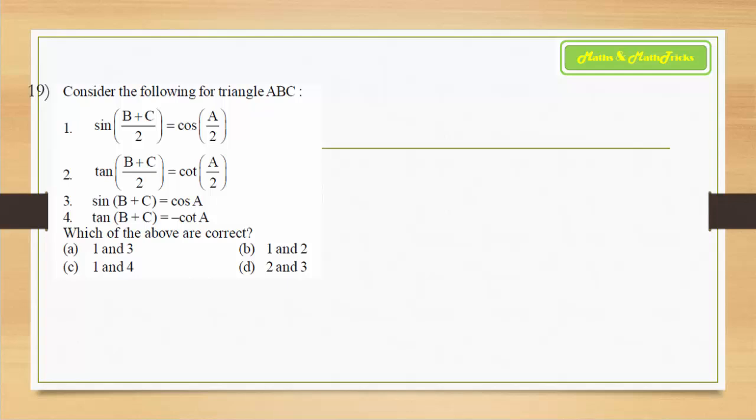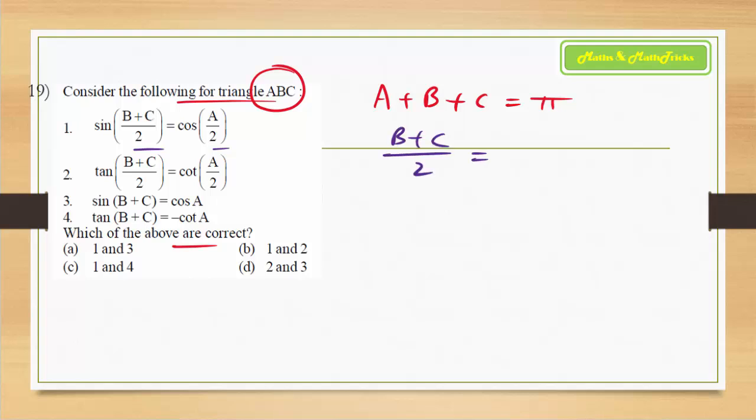In this, they are asked to consider the statements to verify which are correct. See here, this is about the triangle ABC. Means A plus B plus C is 180 degrees, pi. Now they spoke about the half angle first. And for that they are combining B plus C. So B plus C by 2 can be written as pi by 2 minus A by 2, dividing by 2 on both sides and sending A by 2 to the other side. Now what ratio do you want to apply on both sides? Sine.